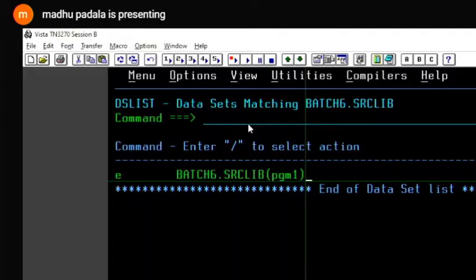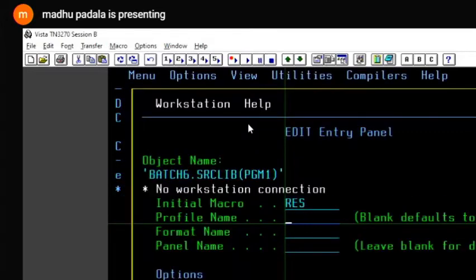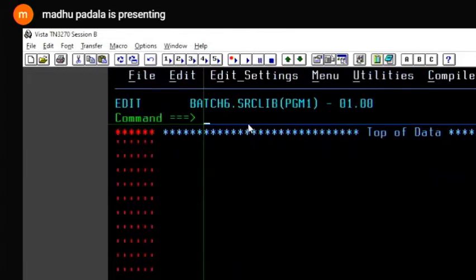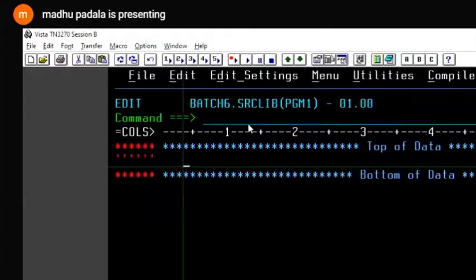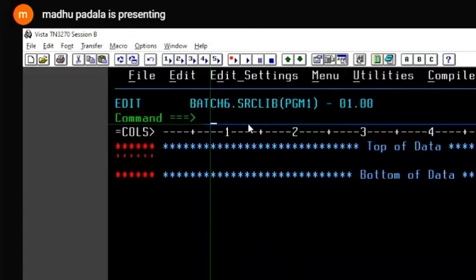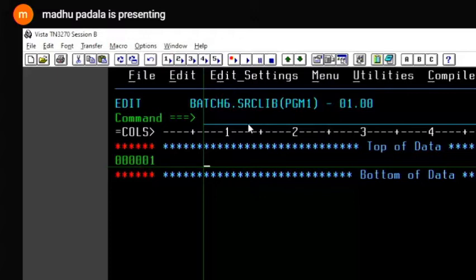Guys, we have already seen it. Okay, create a new member. When you create a new member, write at least one character, otherwise it won't be saved. Here I'm writing a program, so don't try to understand the syntax now. I'll tell you all this a little later. We need to start from the 8th column for COBOL, and better always write in caps. Write every program and every data in capital letters.